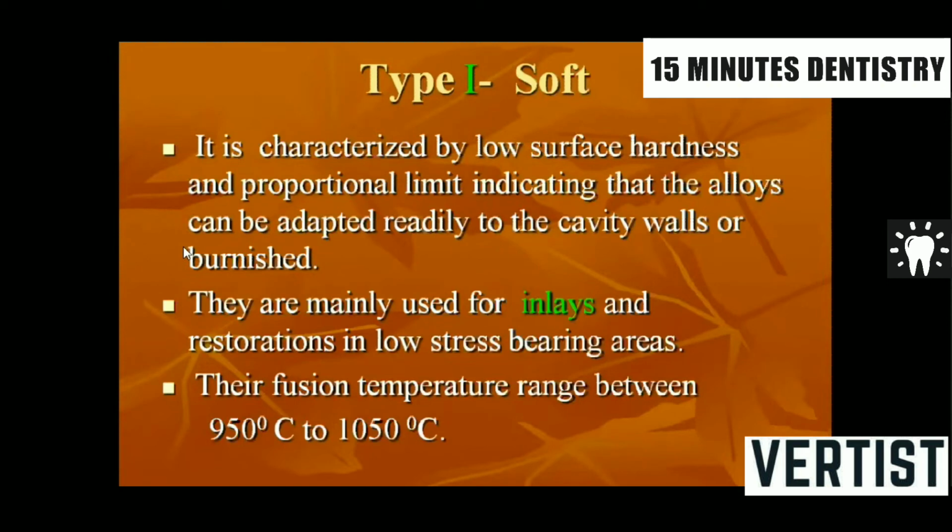As all of us know, we have continuously worked on the preparation of cavities for amalgam restorations. What we were taught and what we executed and practiced in the preclinics was we made butt joints in the cavity preparation. Butt joint means a 90-degree joint, because in amalgam a 90-degree joint is the strongest joint possible. But for all inlay purposes, your joint has to be 25 to 40 degree metal margin.